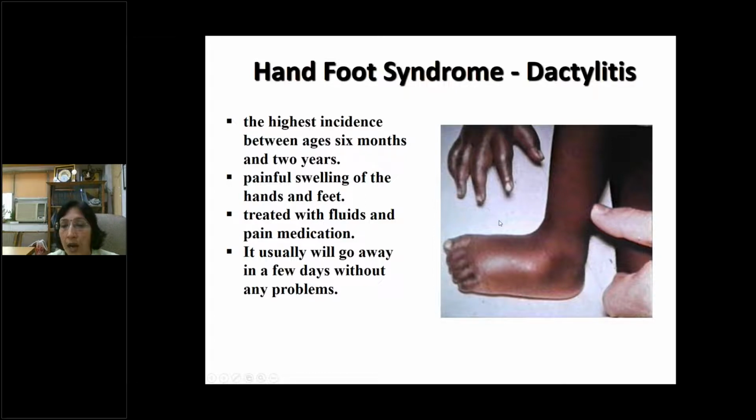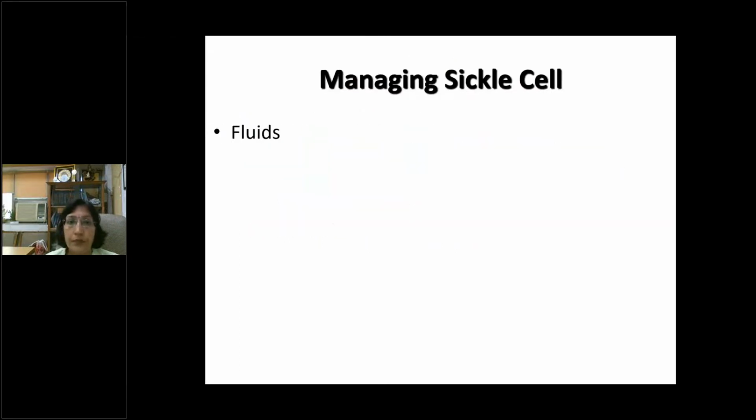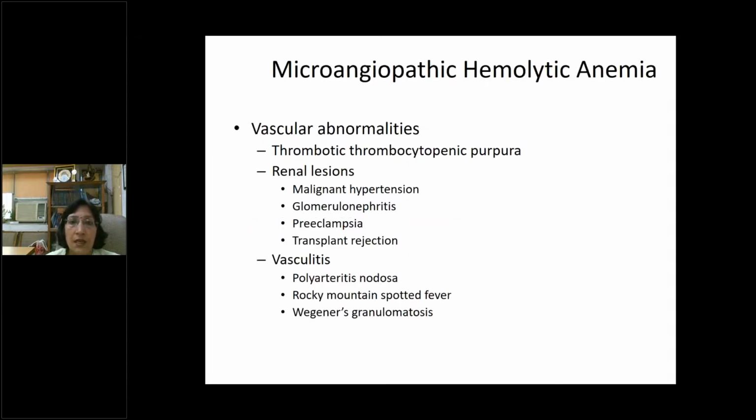So you have to hydrate the patient. You have to give normal PCV so that normal blood cells can go inside the blood and provide oxygen to these tissues. And in acute chest syndrome, it feels like the patient has a blockage in the pulmonary capillaries, and it leads to acute chest because they are experiencing hypoxia. So again, you have to hydrate the patient, give PCV, and give oxygen. Try to understand this.